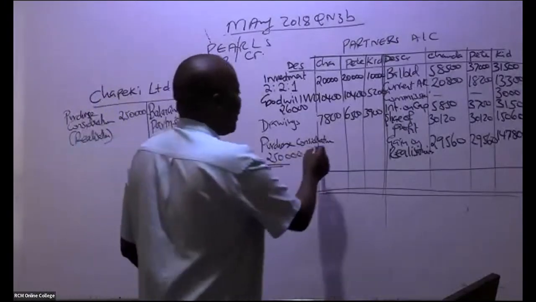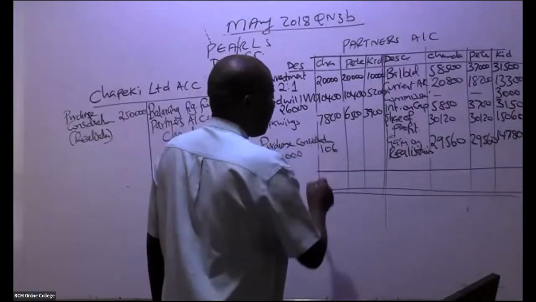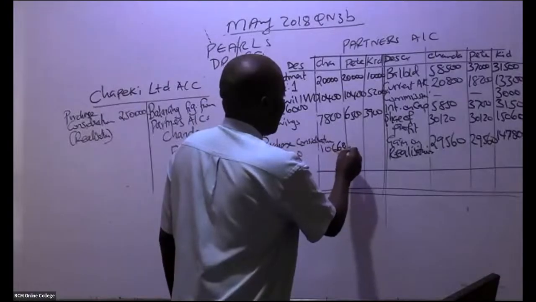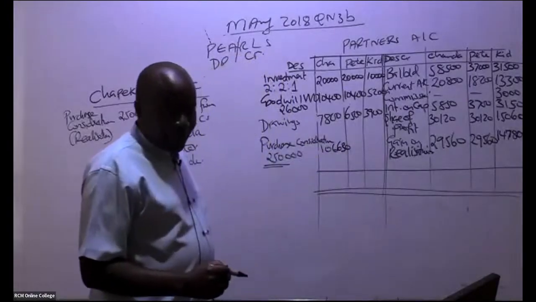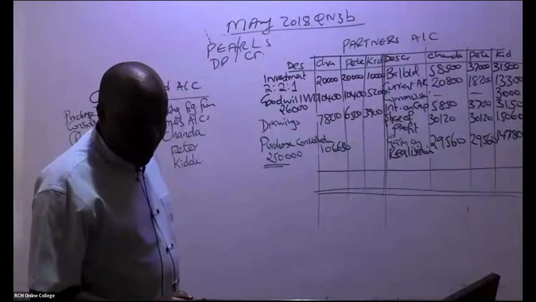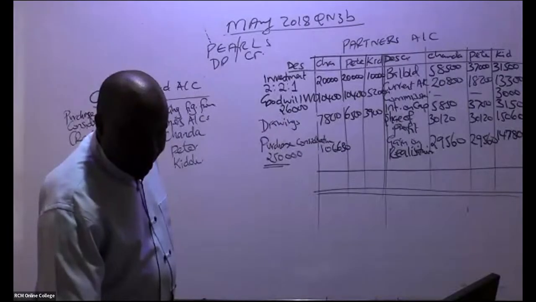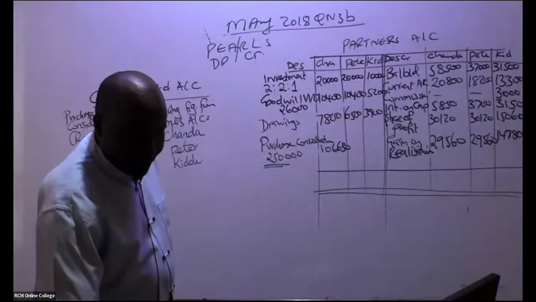So somebody is telling me that this balancing figure is 106,630, the first one. And then the second one from this ninja is giving me